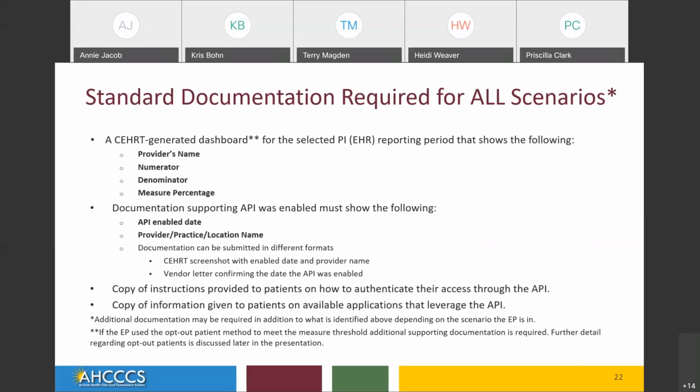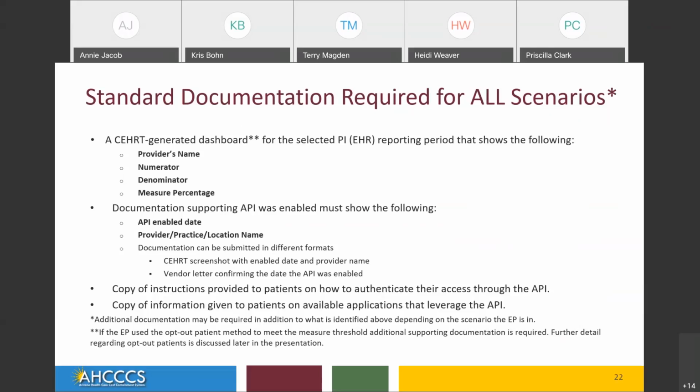So the standard documentation that will be required for all scenarios, and we're going to walk through these documents, but keep in mind that additional documentation may be required in addition to what is identified on this slide, depending on the scenario the EP is in. A Cert-generated dashboard for the selected PI reporting period should show the following: the provider's name, the numerator and denominator, and the measure percentage. Documentation supporting API was enabled must show the following: the API enabled date, the provider, practice,